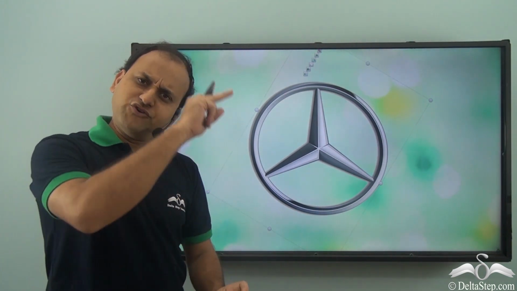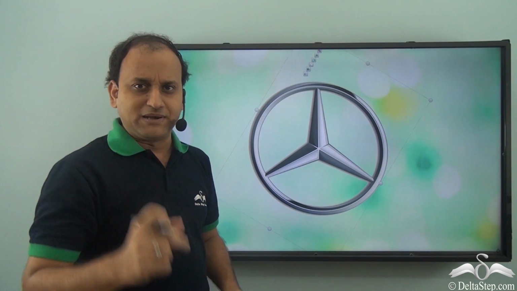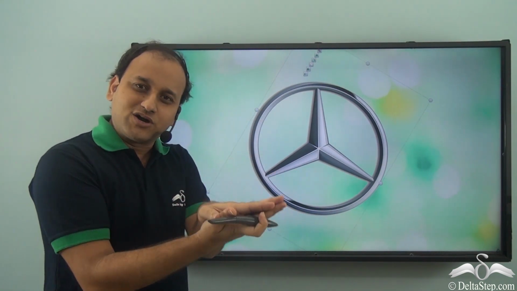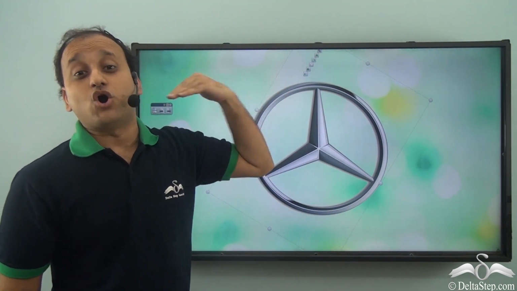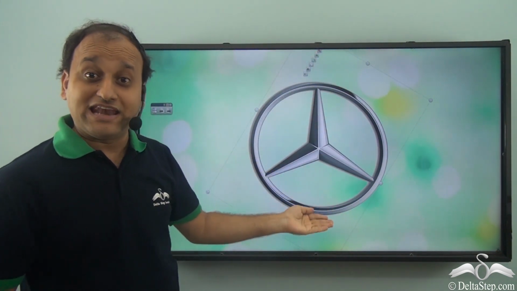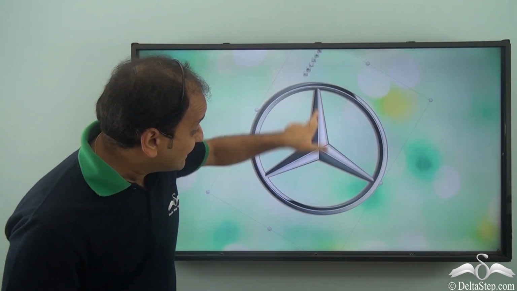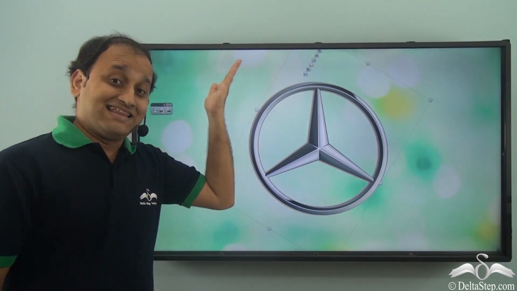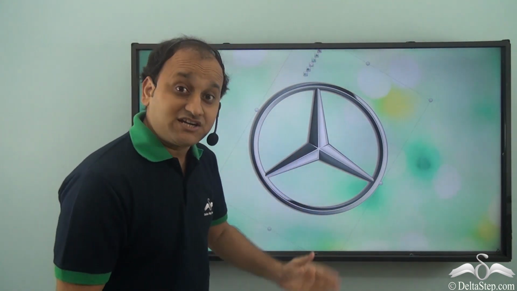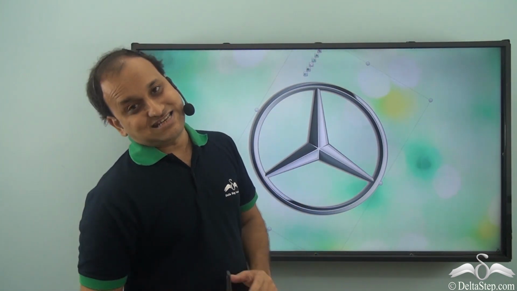Any object, if you rotate it one complete circle, will look exactly like the starting position. But without rotating it one complete circle, if you can get a position where it looks exactly like its initial position, then we would say that the object is showing rotational symmetry.